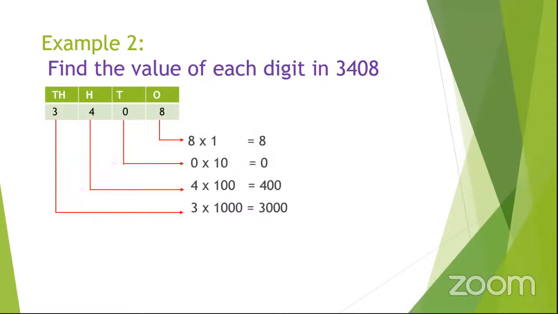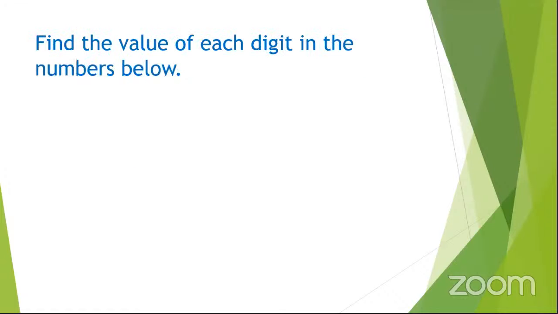And so here, when we are getting the value of 0, you multiply 0 by its place value, which is 10, you get 0. The one of 4, we say 4 times 100. You also get its place value, which is 100. You multiply it by the digit, which is 4. You get 400 as the value. To get the value of 3, we multiply 3 by its place value, which is 1,000, and we get 3,000, and that's the value of 3.